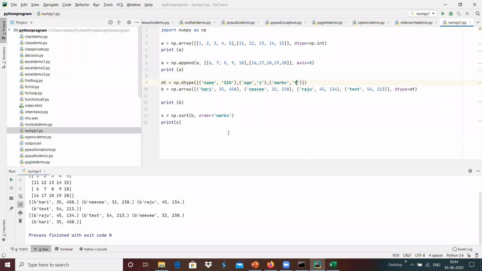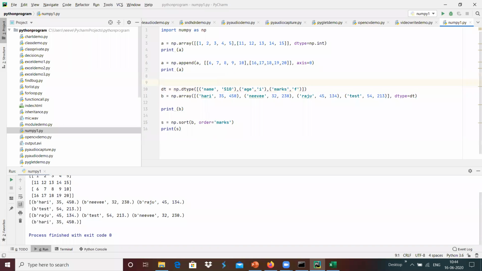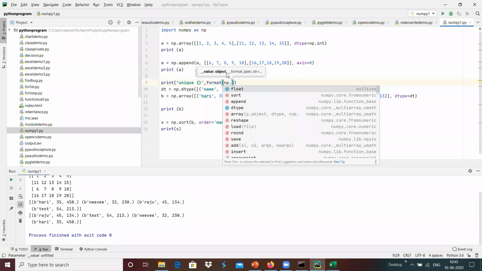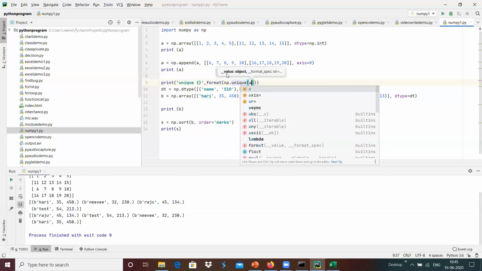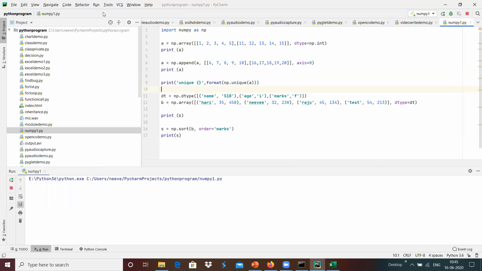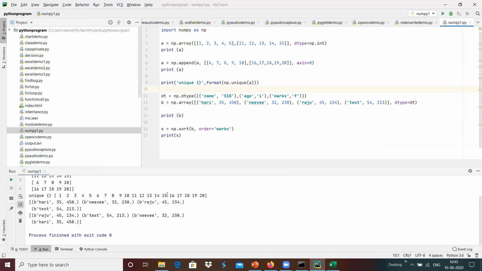Maybe I can do something like print unique, with a format of a dot, np dot unique of a over here, which we will see. We got the output.